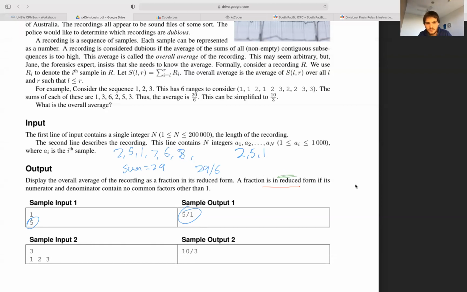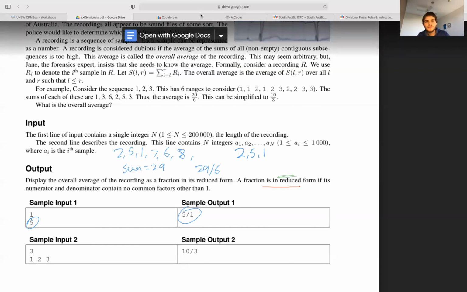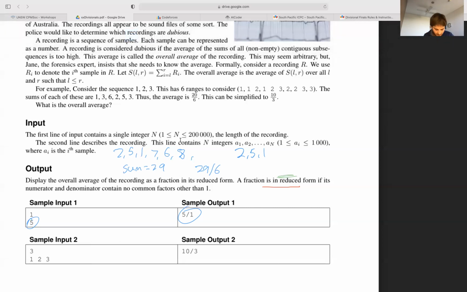So that is what the problem's asking of us. Now, the very simple solution is just to add up every range individually. The problem is with n up to 200,000, there's going to be approximately 200,000 squared ranges.